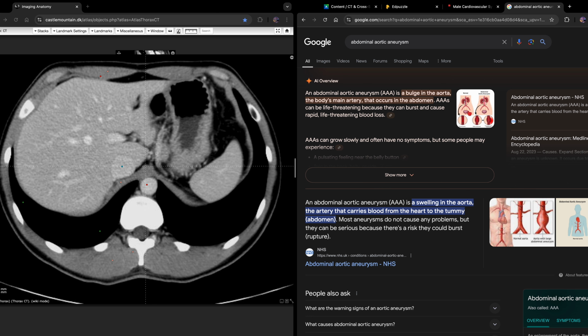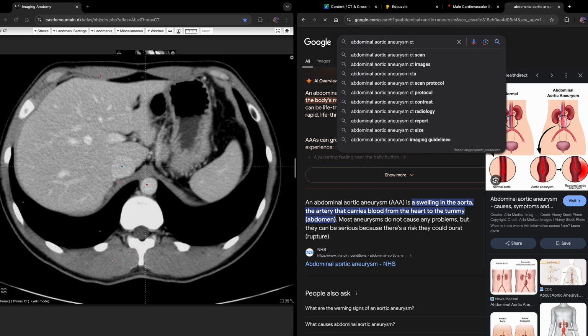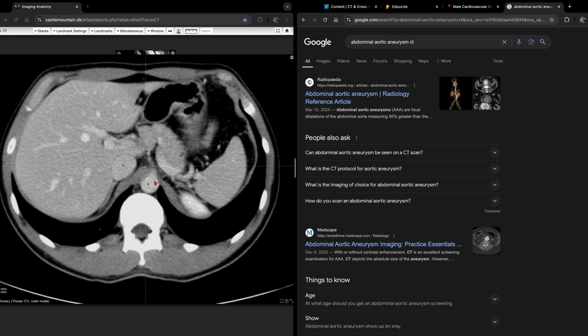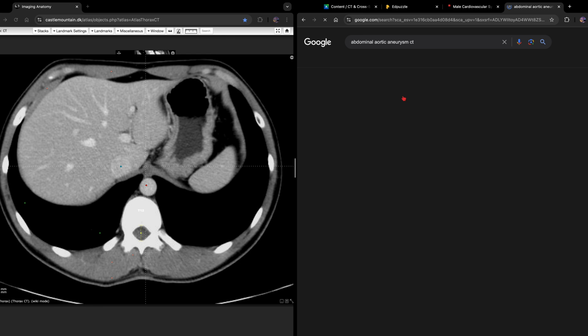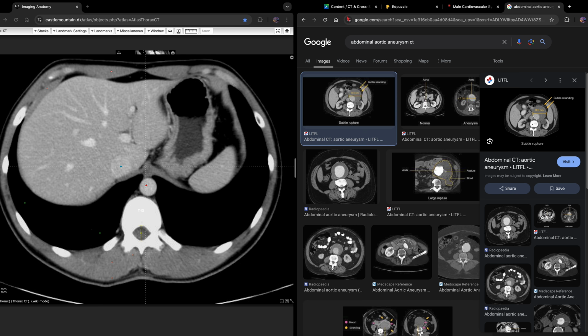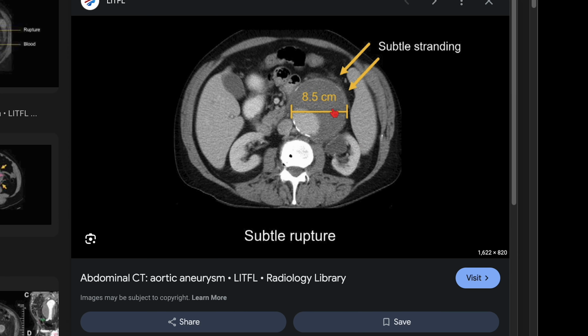There's a bulge in the aorta. You can see it there. And on CT, so this is normal, the normal limits here on the aorta. On CT, you can see what that looks like. Let's put up a large image. Let me make this full screen. There you go. So you can see how large that aorta is, and it's an aortic aneurysm,